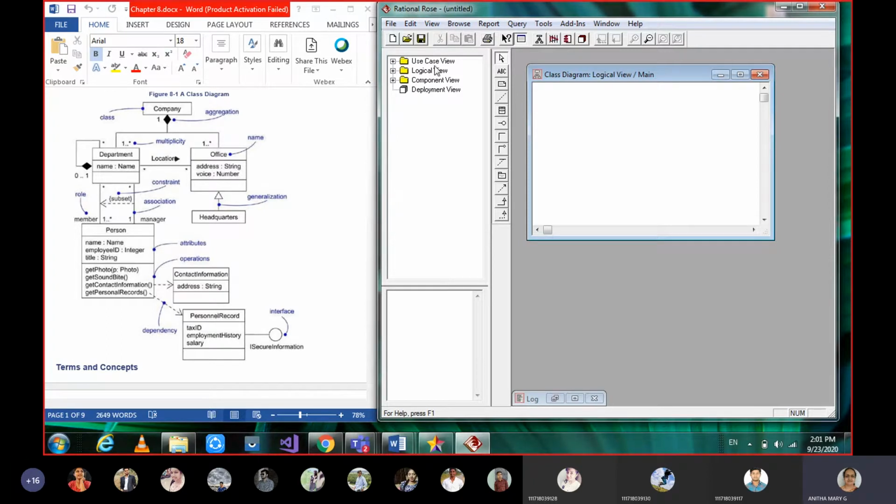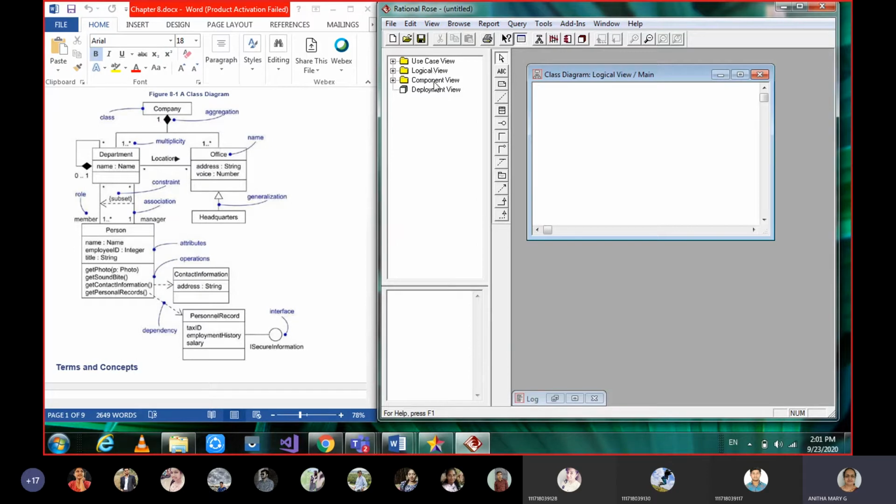How do we have the architecture of UML, if anyone remembers? The architecture of UML has 5 interlocking views. The first one is the use case view, the middle one, and towards the left we had the design view and process view. Here the design view and process view are combined into one view, called the logical view.